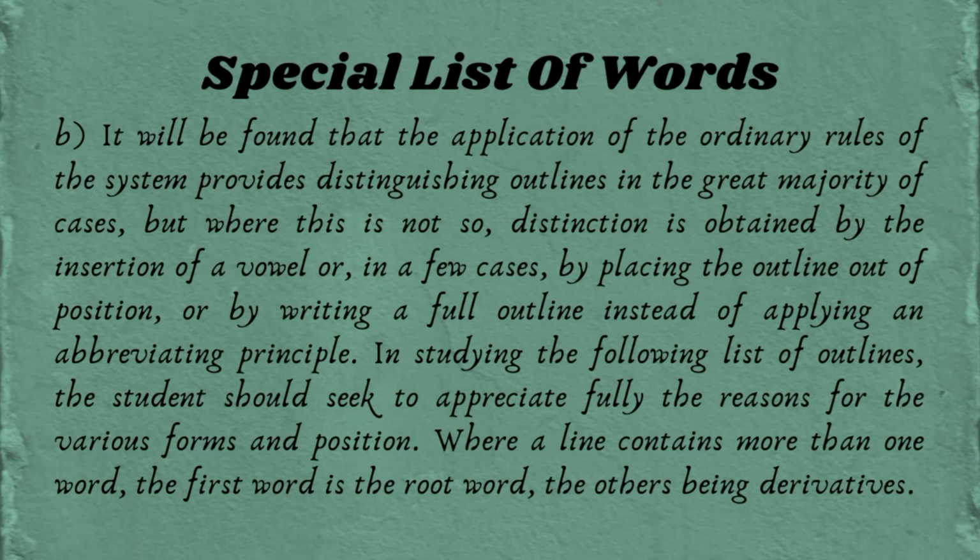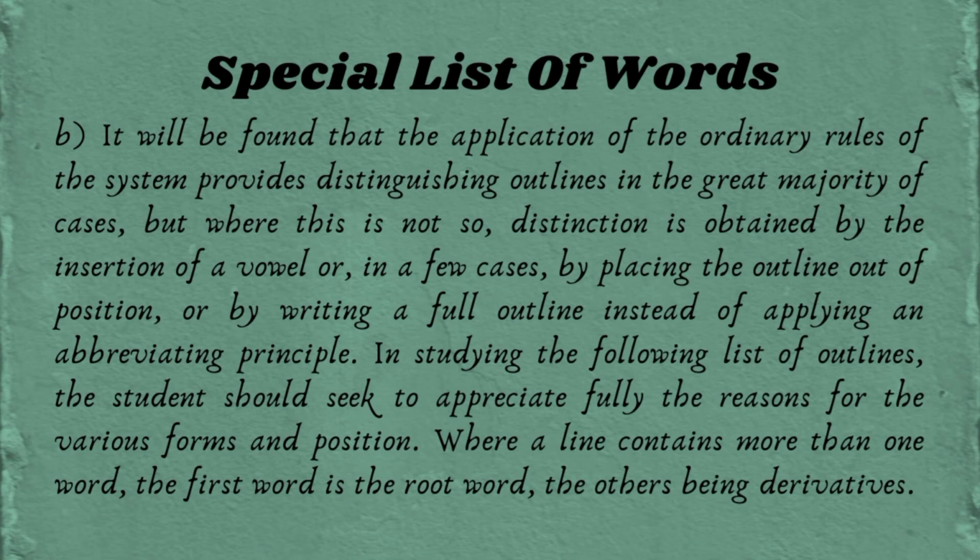But where this is not so, distinction is obtained by the insertion of a vowel, or in a few cases by placing the outlines out of position, or by writing a full outline instead of applying an abbreviating principle. In studying the following list of outlines, the student should seek to appreciate fully the reason for the